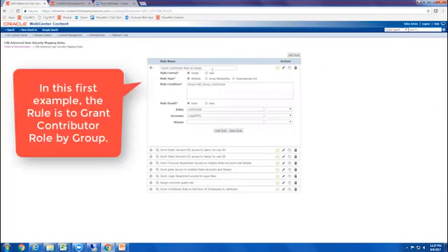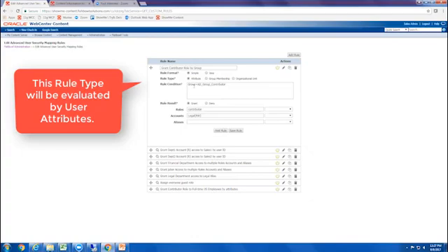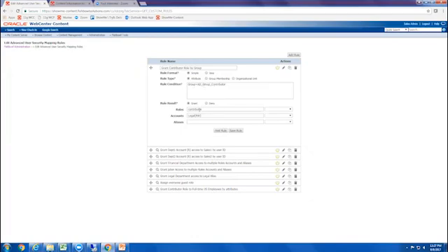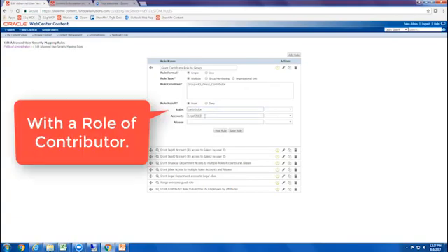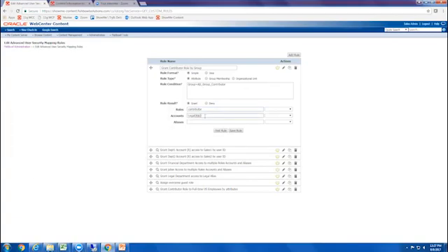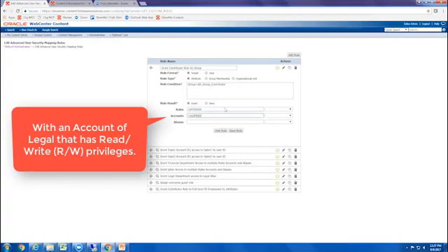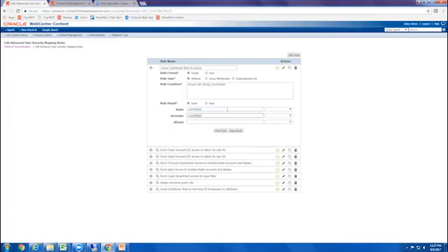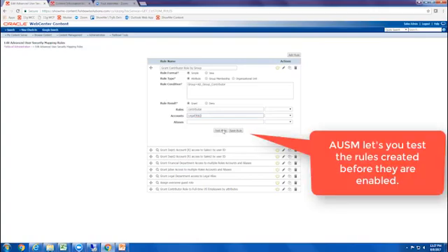So this first example grants a contributor role by group. We evaluate the role type of attribute of group. AD group contributor is the defined attribute here, and our role is contributor, and our legal read-write is the account access that we are granting people in this group to the content that's in the content server. So your content would need to be tagged with the right legal account as well as part of your contribution process. I can test the rule out